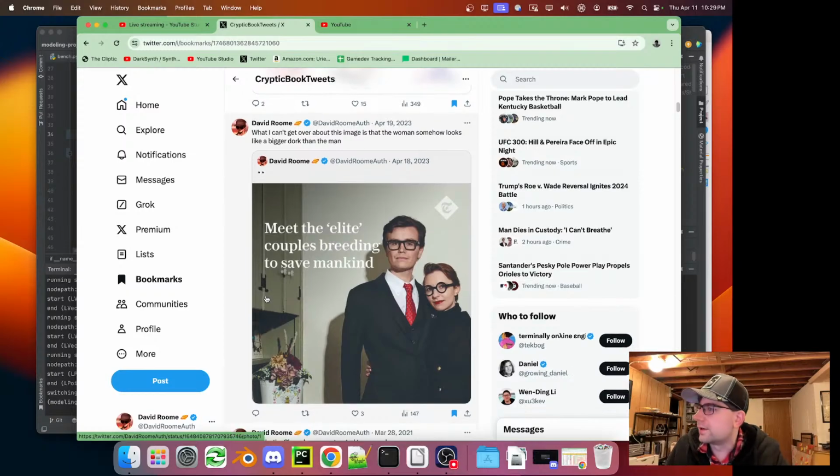Okay, this one, if you've followed me for a while, you know I like to poke fun at these two. These are a couple of Collins, Malcolm and Simone Collins. They're a couple of elites who have some ideas about kids or something. I don't know exactly what their deal is, but to me they just look like villains. And I think I originally retweeted this with eyeballs because